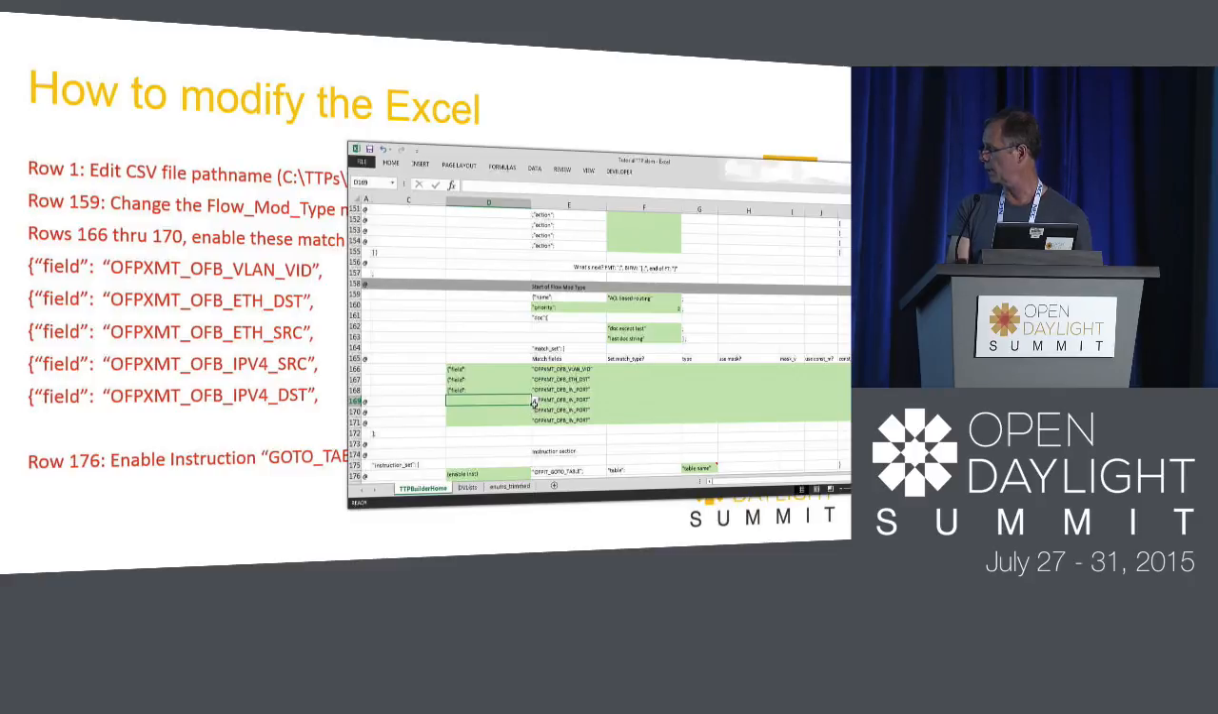And then I'll go through the process of exporting it to CSV and converting it. It's all pretty straightforward, but worth walking through. So there I got the Ethernet dest, Ethernet source, IP, and of course the hard part of this, like I was saying before, is figuring out,